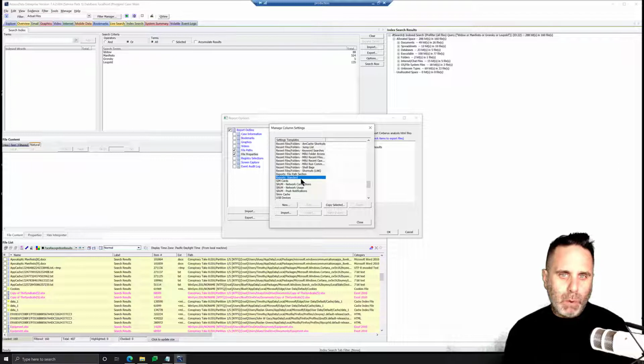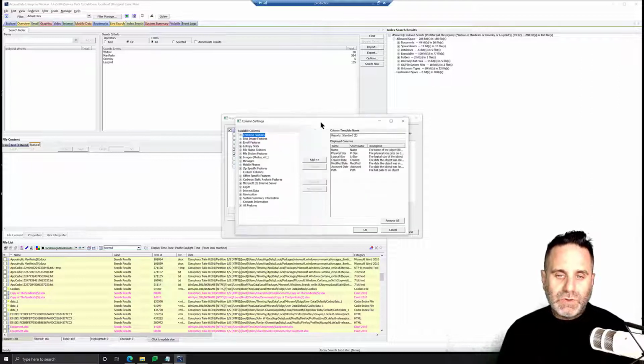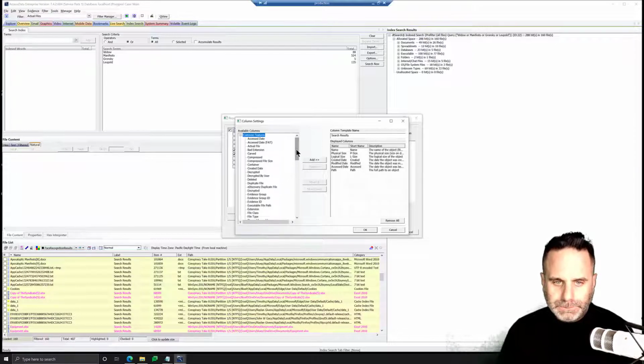By default, report standard will be set to everything that you have in the report. You can always copy selected, and that's going to open it up and you can change what type of information is stored in those columns. So we'll change the name to search results, and then we are going to add the column of file type,